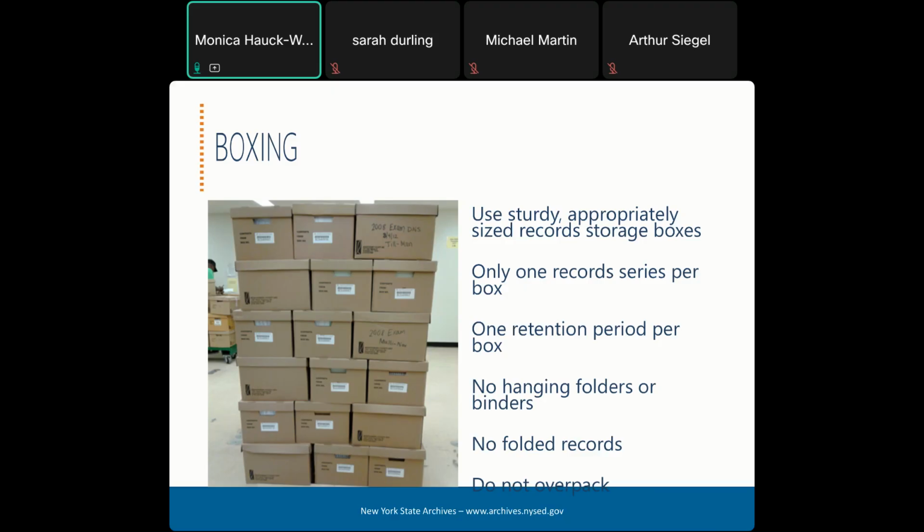Remember how I was talking about oversized records? And about how if you can't store them flat, you're going to want to roll them? That means that you're not going to want to fold them and put them in your cubic foot boxes, even if they're associated with other records that are legal or letter sized. And that's because not only is it space inefficient, but folded records are more difficult to use. You're not going to be able to get them to lay flat very easily, and you're not going to be able to see the details as clearly. And because of the fold line, you're going to have areas of weakness in that document where they're more likely to tear or fray, or the information is likely to fade. And these are all things you want to avoid.